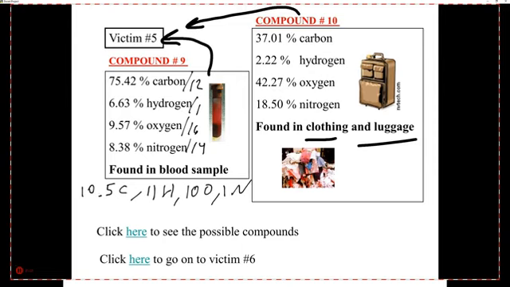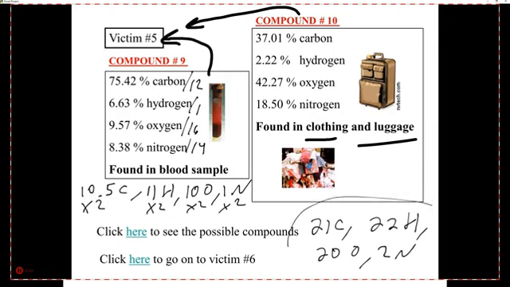And what you're going to need to do is multiply all of these by 2. All right, and what that's going to give you is 21 carbons, 22 hydrogens, 20 oxygens, and 2 nitrogens. All right, so identify what that one is. This one was found in the blood of victim number 5. Compound number 10,